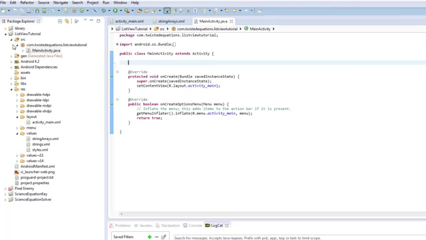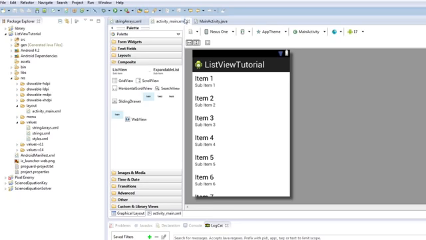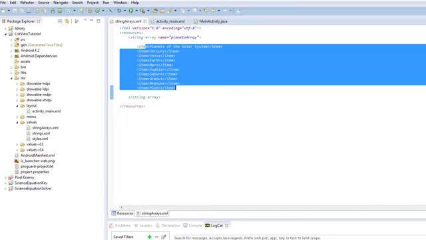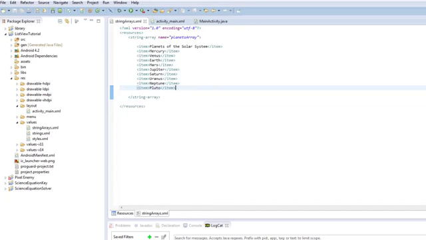Actually, you know what? I'll leave it at this. I'll leave the tutorial here with the string array created and all of the rest of the stuff ready to go. And then we'll go through actually mapping. In the next tutorial, we'll go through mapping this array into our list view, because that's what a list view does, is